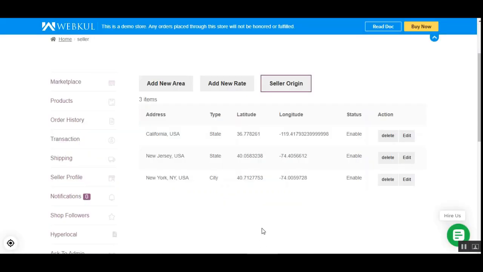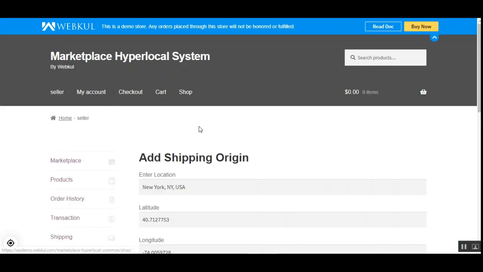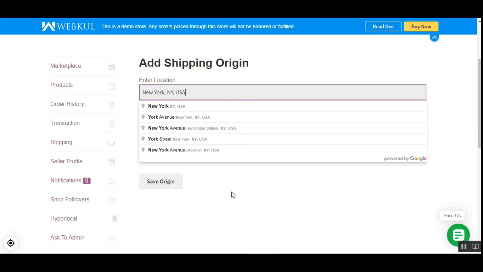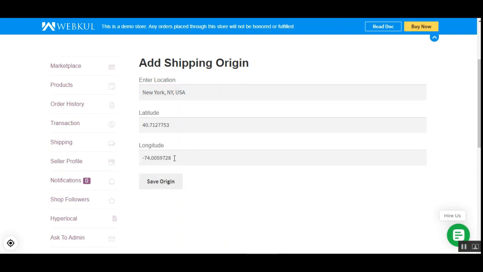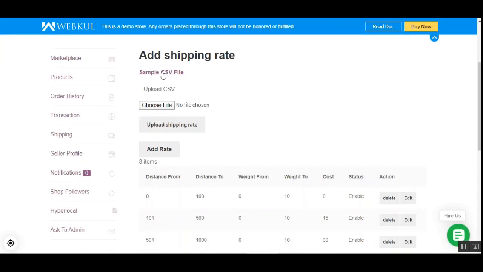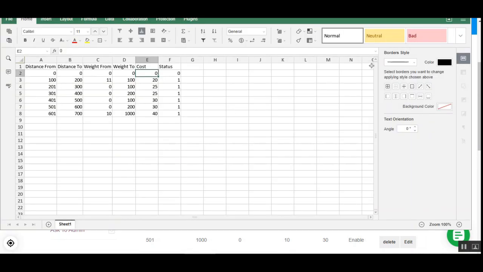So right now let's go back and let me show you the seller origin. The seller would enter his shipping origin. After entering, latitude and longitude get auto added, and then save origin would save the seller's origin. And let's come to the add shipping rate. Here the seller can download the sample comma separated value file and then enter these values,